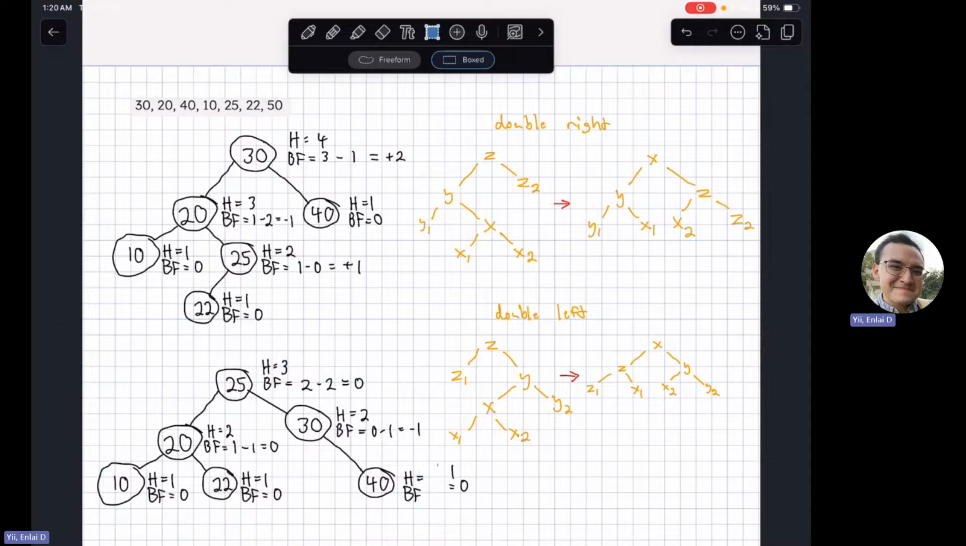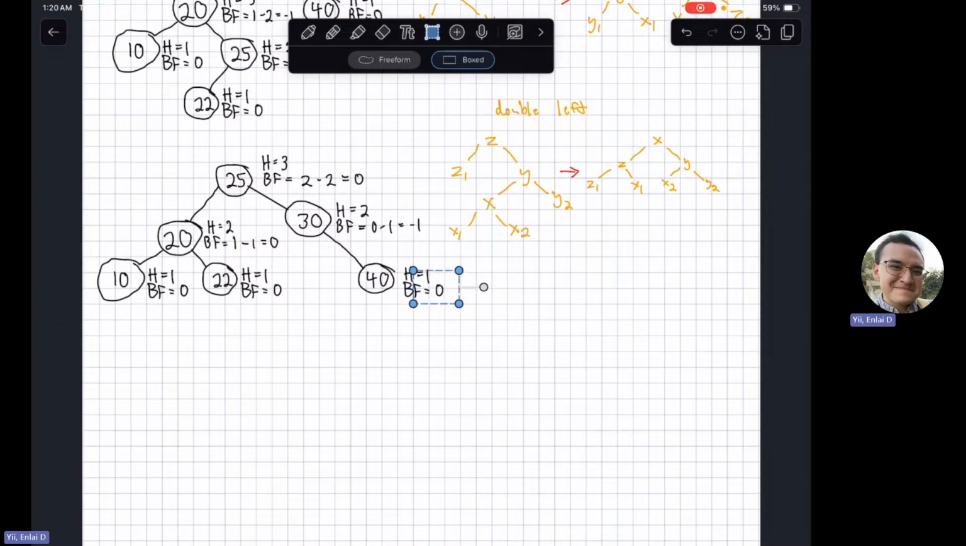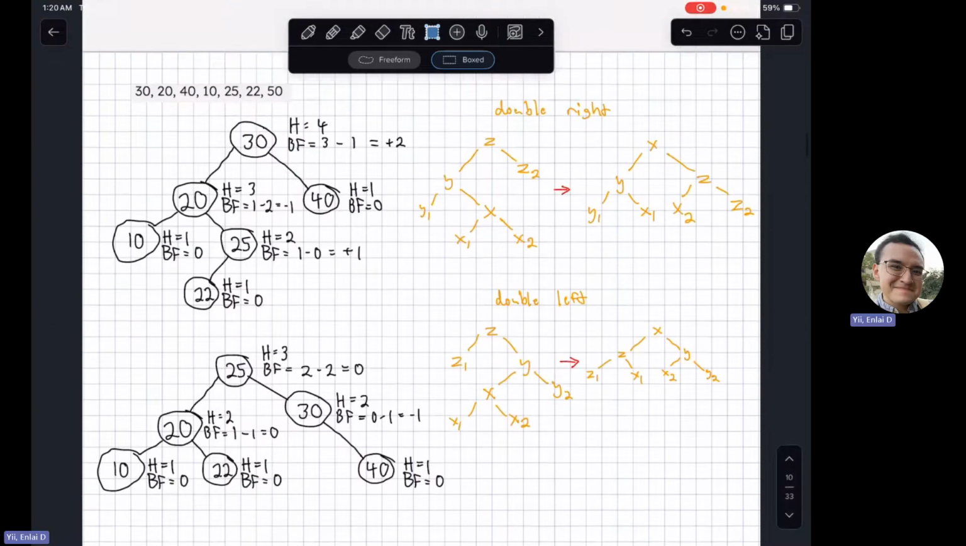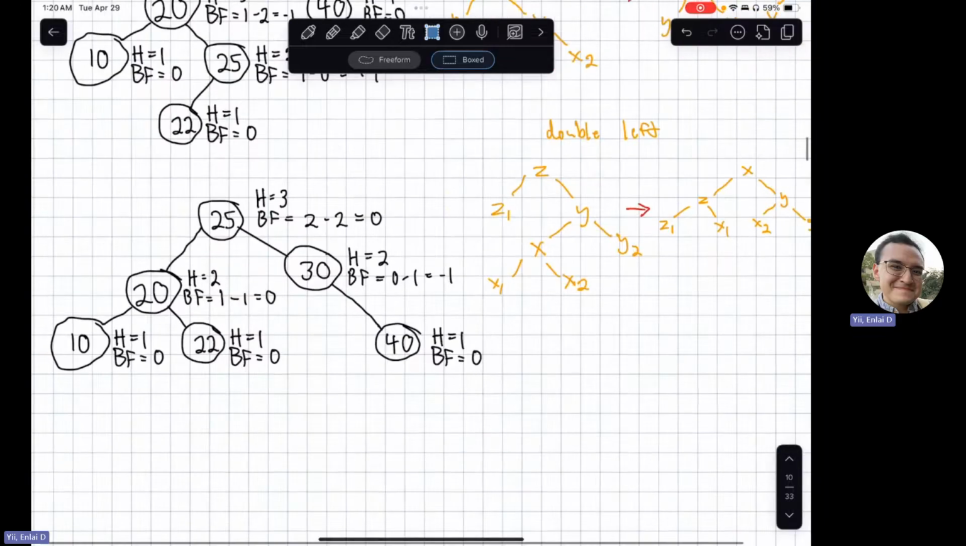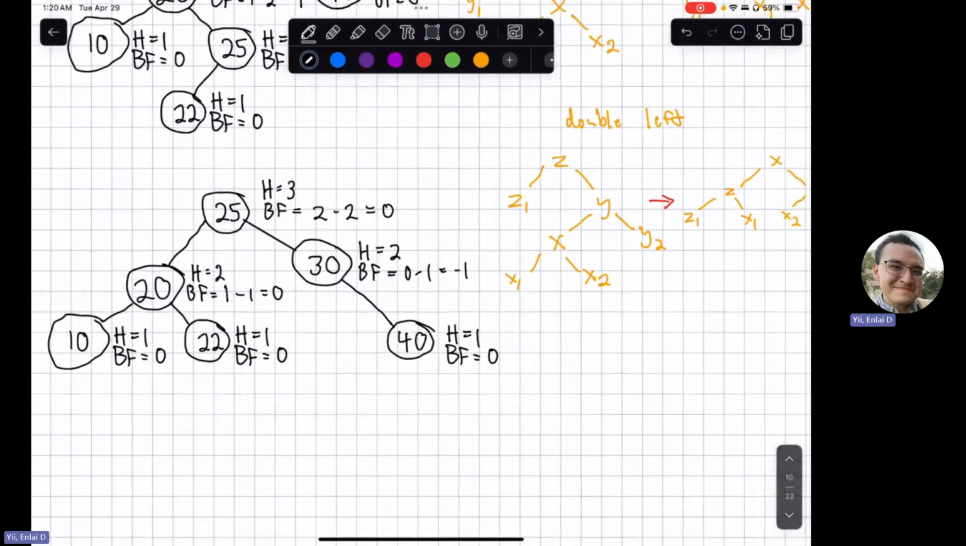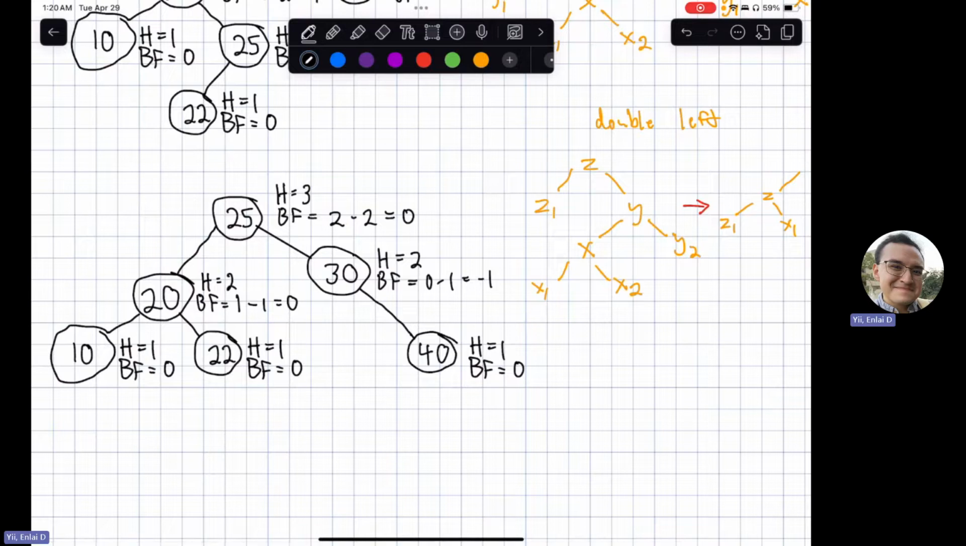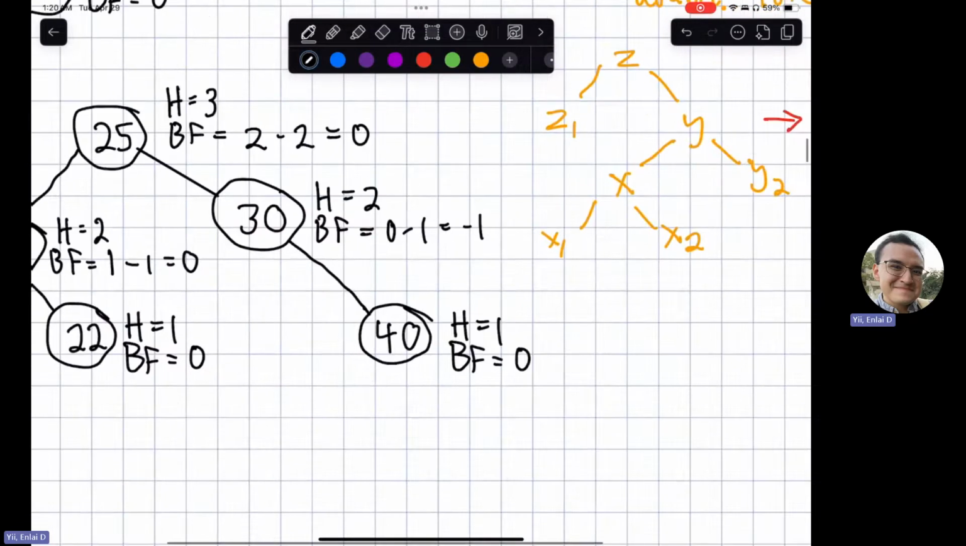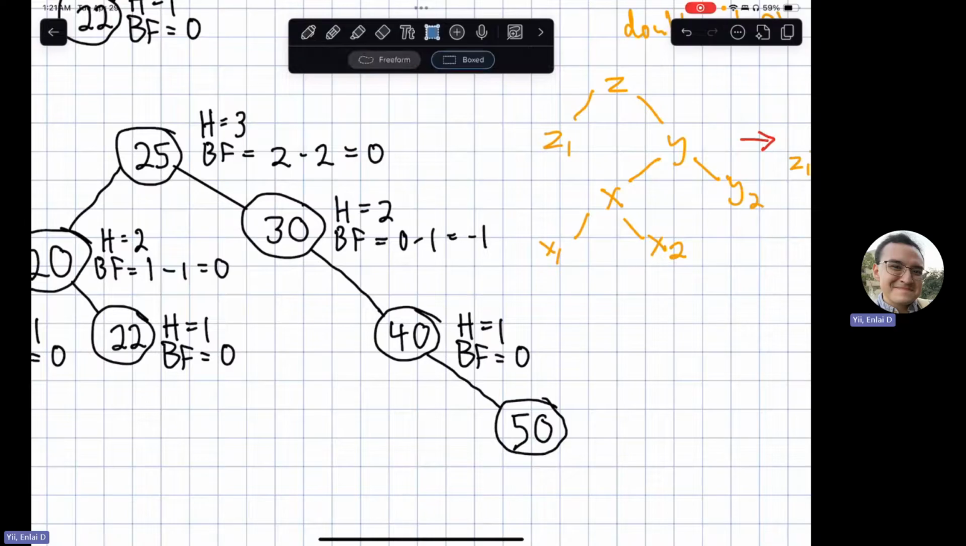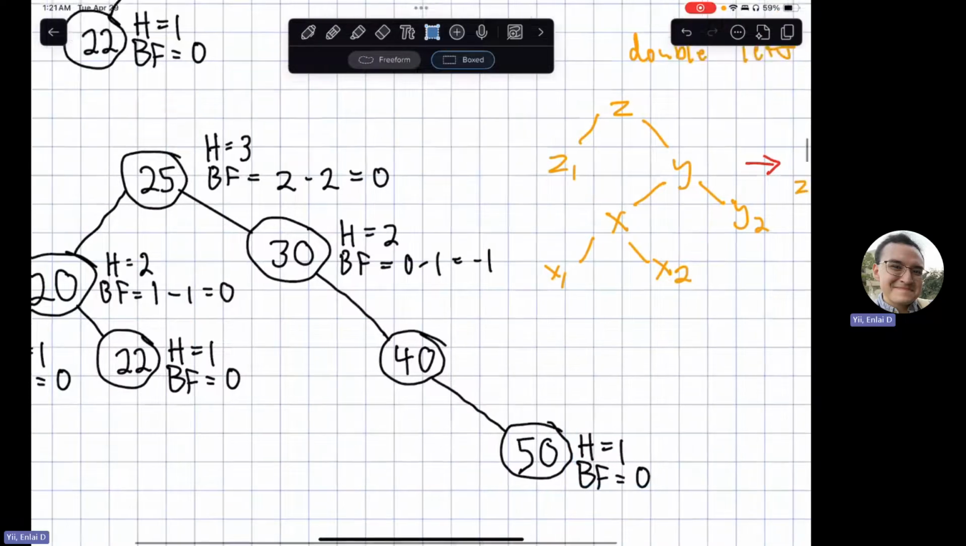Nice. So from here, we need to add one more value, which is 50. When we add 50 to this current tree right here, we know 50 is bigger than 25, bigger than 30, and bigger than 40. So we know we need to add 50 to the right-hand side of 40. Add it right here. And since we know a new node always has a height of 1, balance factor of 0,